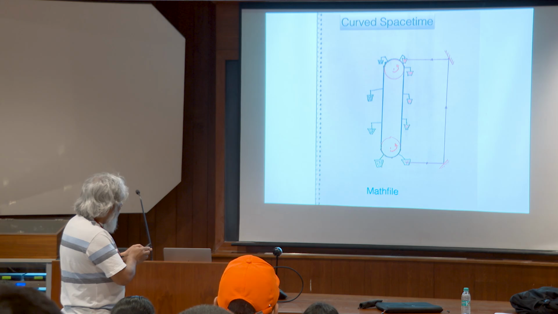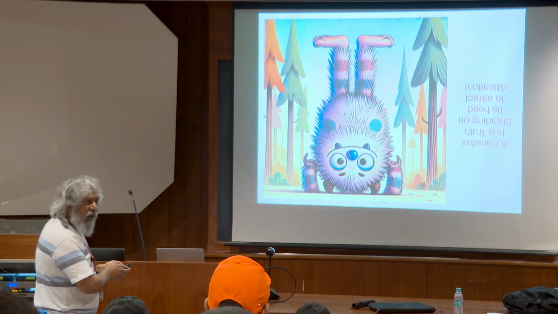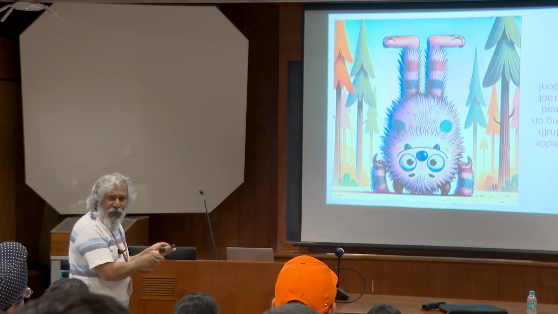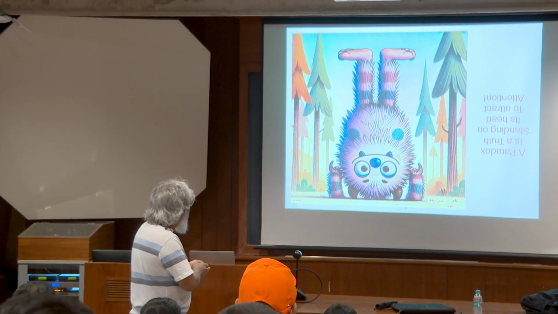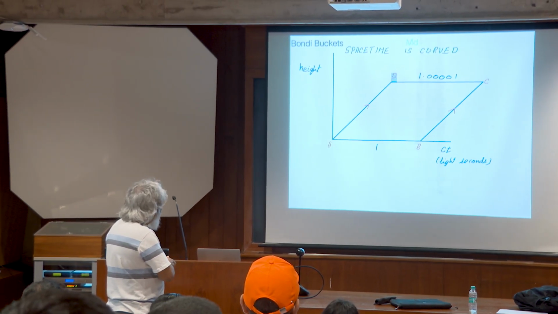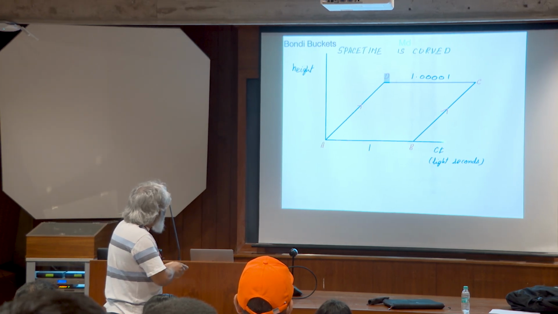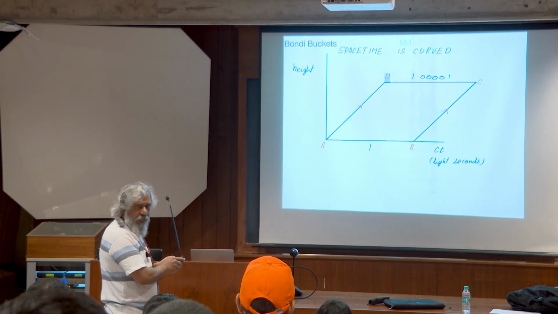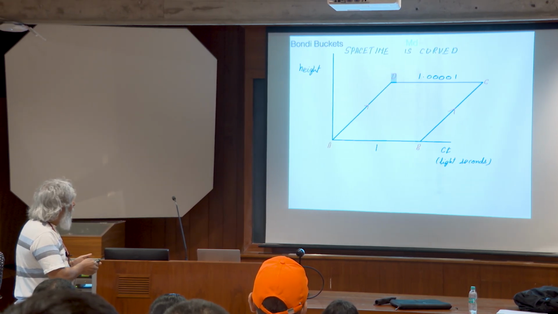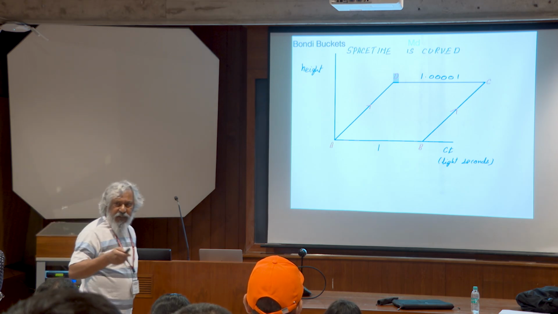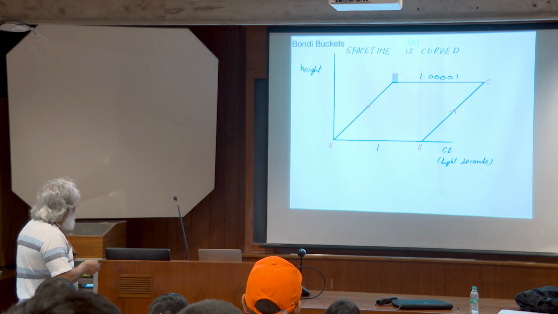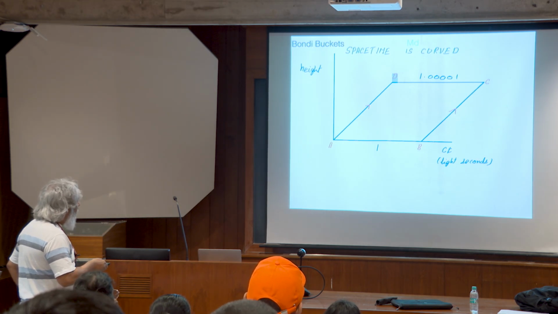So this is what a paradox is. A paradox is a truth standing on its head to attract attention. That's what you learn from this experiment. Now, if you look at this picture, here I've plotted the height, the space, against the time. Space is vertical this time and time is horizontal. I consider two crests of the wavefront. I've got an atom which is here, another atom which is there, and it might be an atomic clock or something like that.